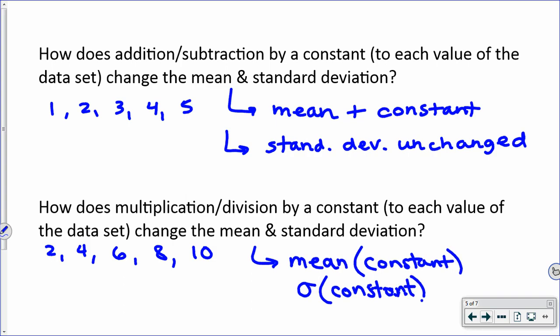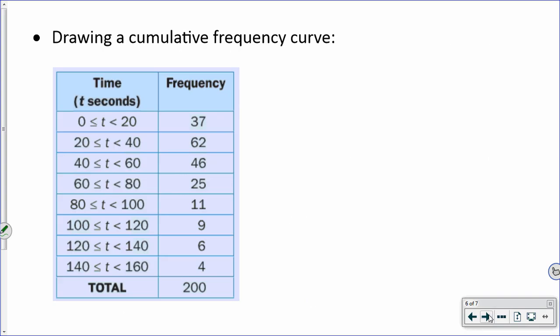Since I brought up the symbol for standard deviation, I should also mention the symbols for mean when you're looking for it on the calculator. Symbol for mean is this, and symbol for standard deviation is the lowercase sigma, usually with a subscript of x to represent the variable. Cumulative frequency curves, this is where you would want to get a running total of how